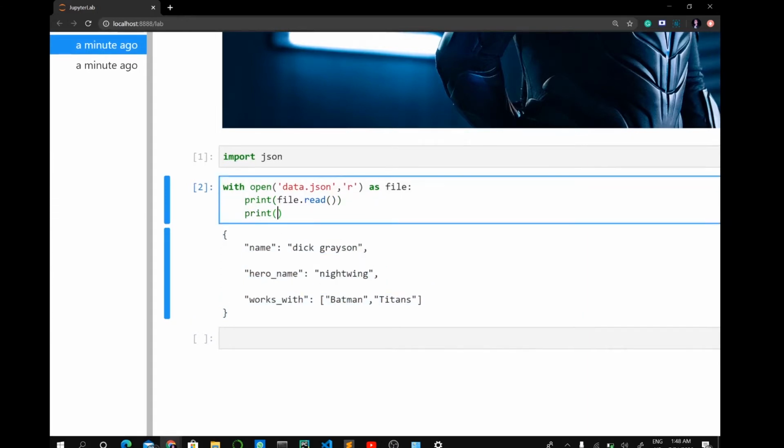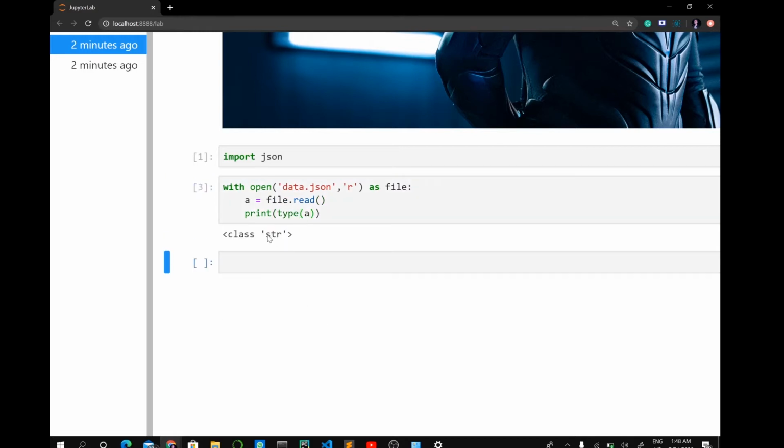Let's see what's the type of this file.read. Let's make it as a and print type of a. So it's a string type.